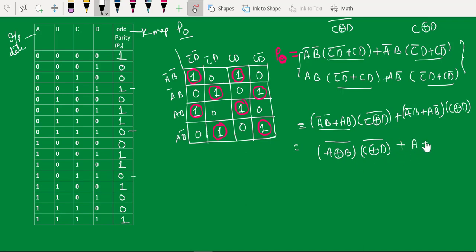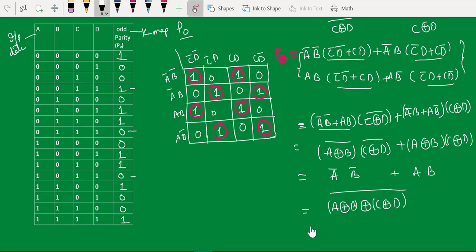plus it will be A XOR B times C XOR D. So if you look at this, A bar B bar plus AB is nothing but A XOR B whole bar. That means I can write it as A XOR B XOR C XOR D whole bar, or simply A XOR B XOR C XOR D whole bar. This is your odd parity